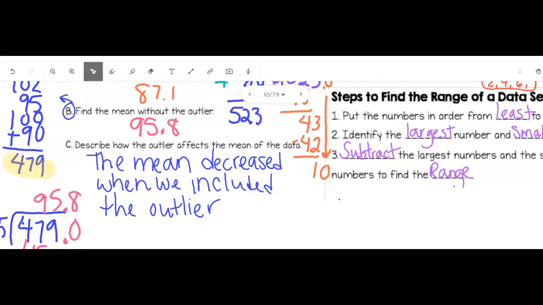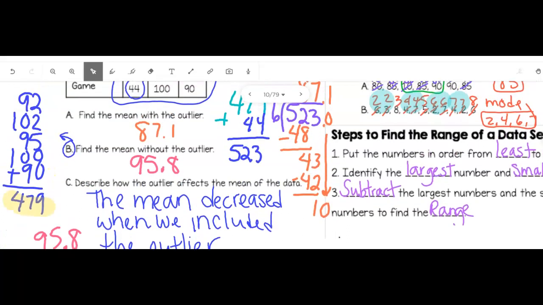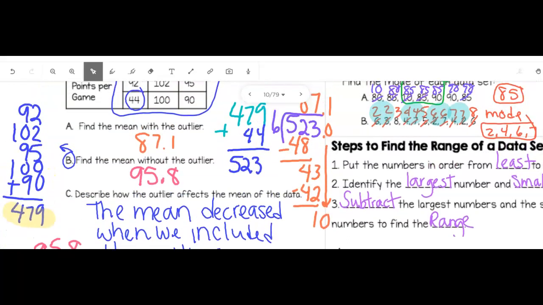So there's an example for us. Also down here, some notes to find the range. We're going to do the range of the set above us. We are just going to subtract the biggest number and the smallest number. So from set B up there, we've got 8 minus 2, the smallest number,